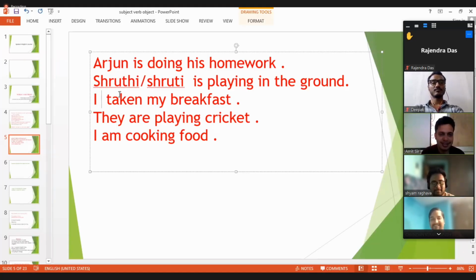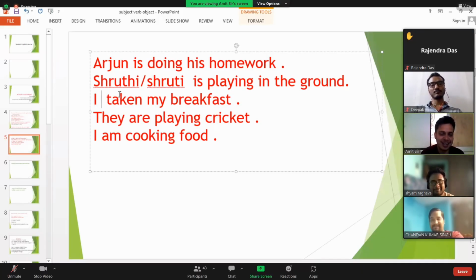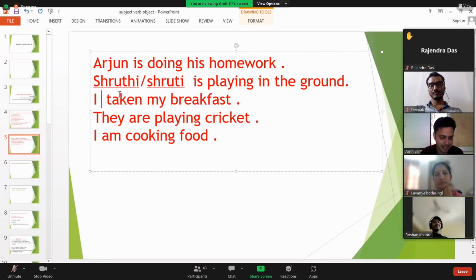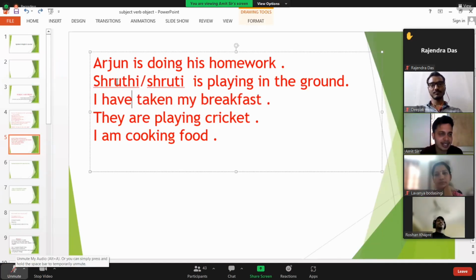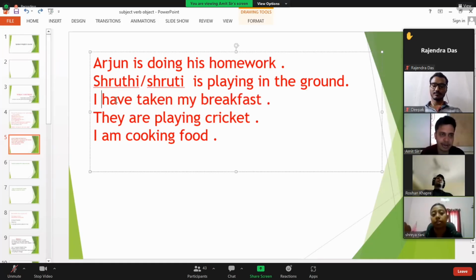It is a translated word, but it is a sentence, but it is not right. Have is a must. In Hindi, like khana kha liya, kha liya tha, kha liya hoon, khaunga, when you connect it, the existence of have is mandatory. Have is a must, sir. So have taken, followed by whose breakfast? My breakfast or someone else's? My breakfast.